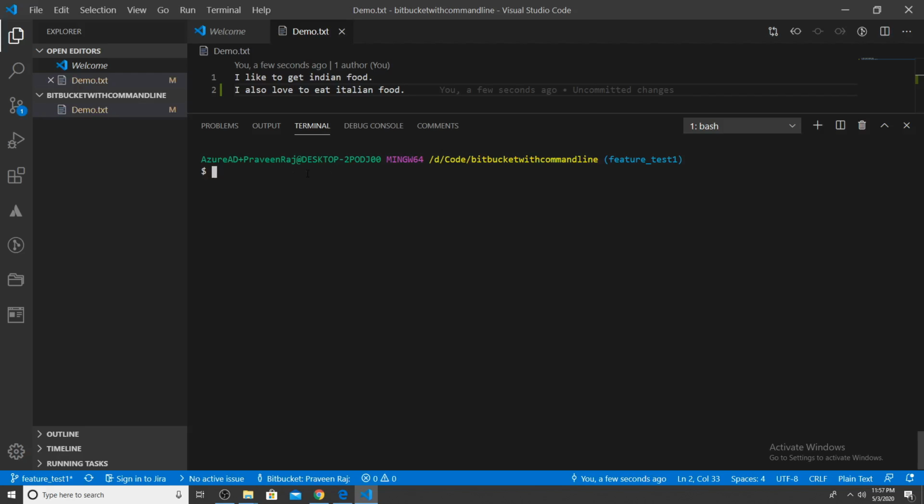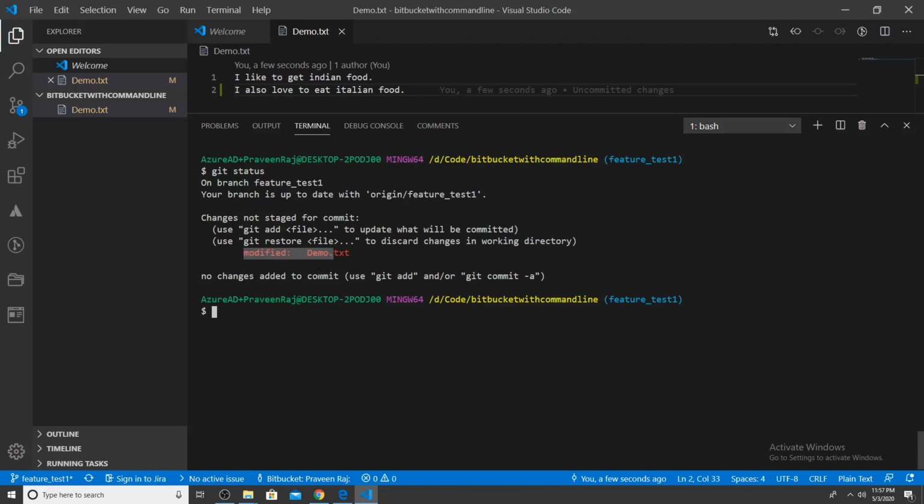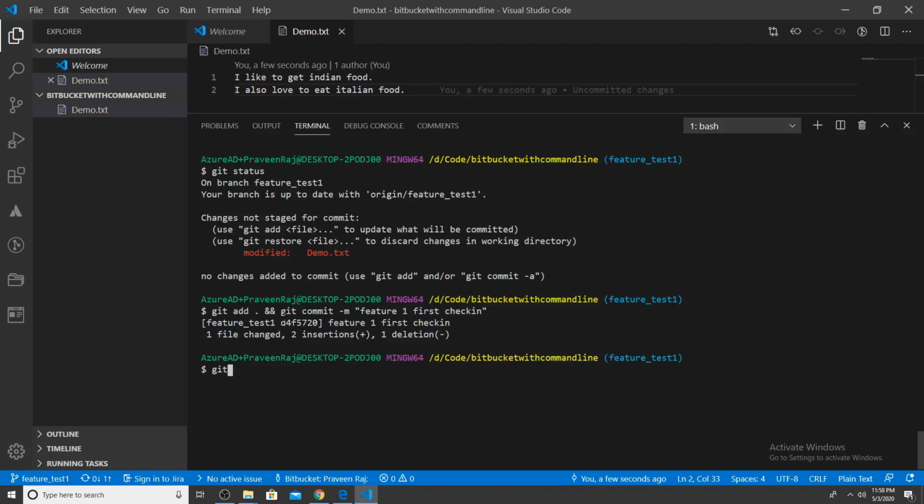So you made a change, and you know now the routine. You need to check on git status. There's a changes made. I'm going to say git add, and you can now do 2 commands in one line by using this AND operator. So I'm going to say AND, I'm going to say git commit, I'm going to say message feature 1 first check-in. So you added a new feature, you are in the feature branch, you are adding and then committing those together in one command. And then you can say git push